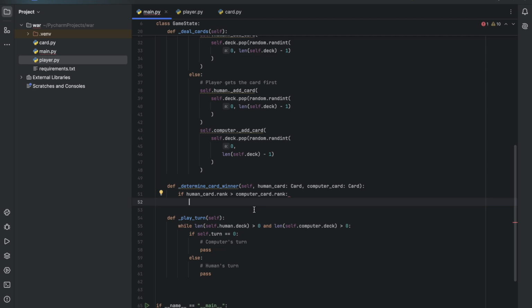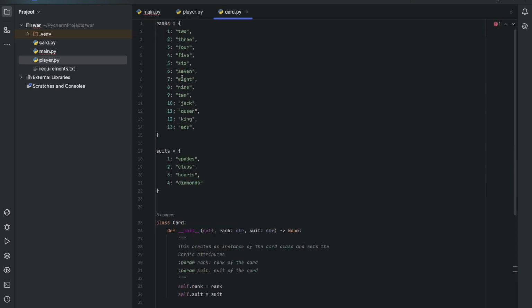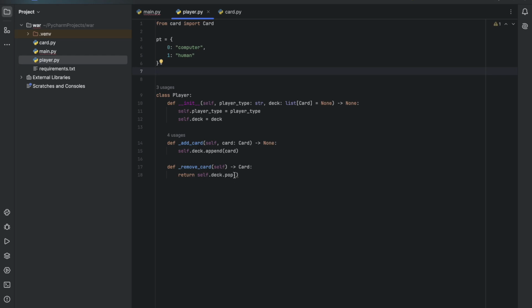So we'll do, we can do a way to just find the card and figure out what type it is, and then remove that from the other player's deck and then return it, essentially. So what we could do is just do something like this in our player class. We could also just do